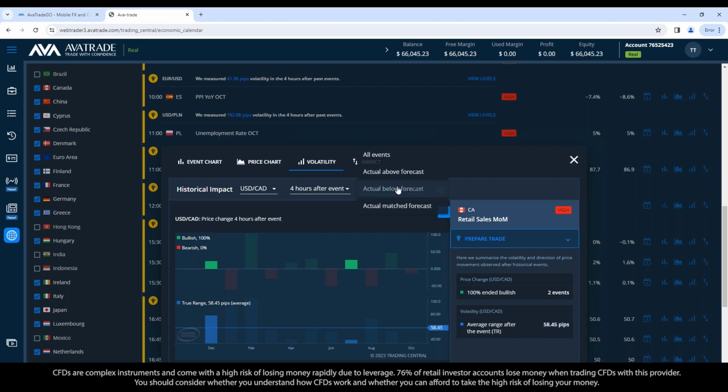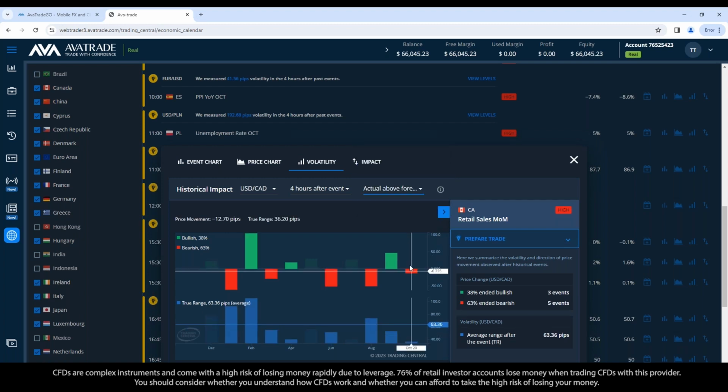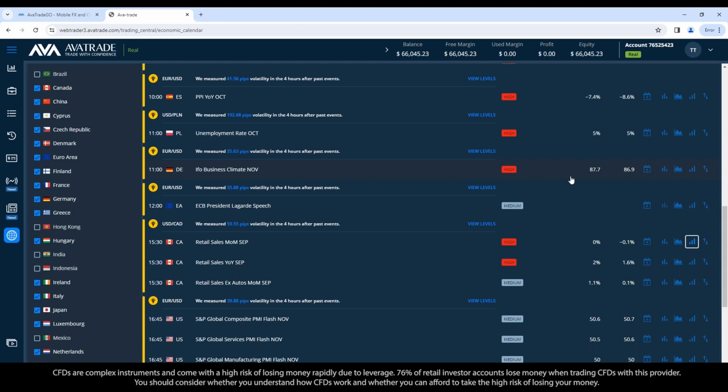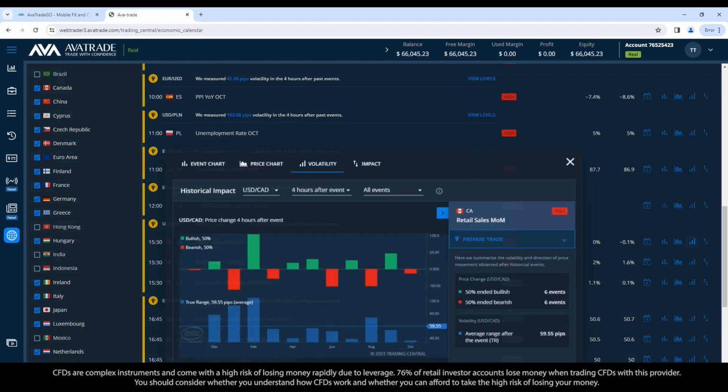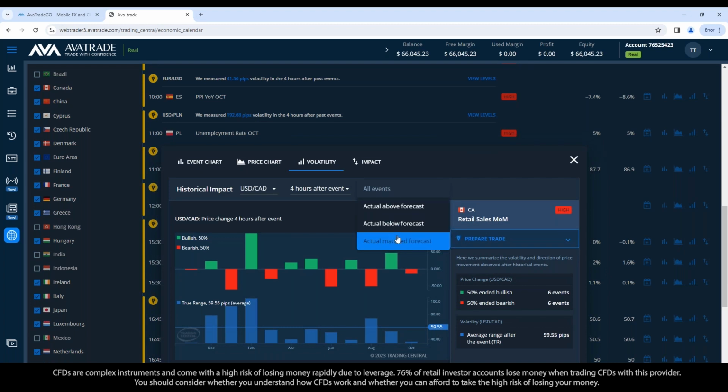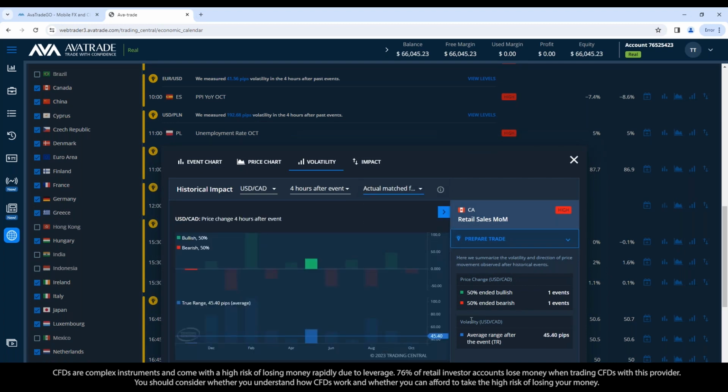Okay, and if it's the opposite, comes in above forecast, then the Canadian strengthens and pulls the USD down 2/3 of the time. So this looks like one I'd probably be interested in if I'm available when the numbers come out, having a plan to trade on depending on how the numbers come in. Okay, and again, if it matches the forecast, also you can have a plan. If it matches forecast, it's 50-50. And my plan would be that I won't trade on it because 50-50 doesn't give me any type of statistical advantage from the past. Okay, not in my eyes anyways.